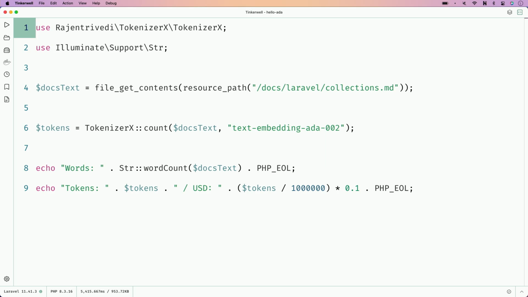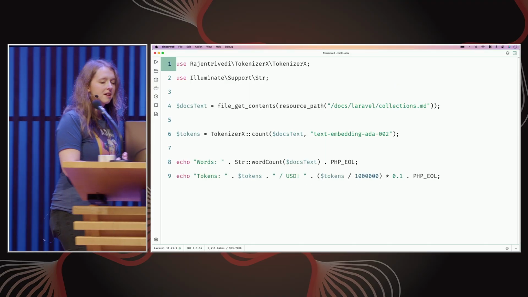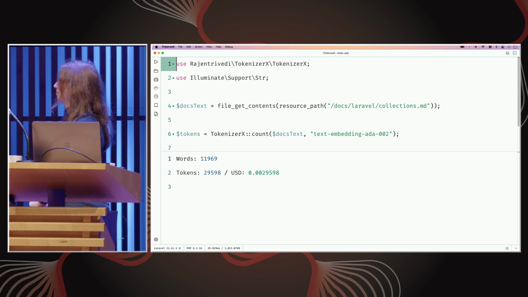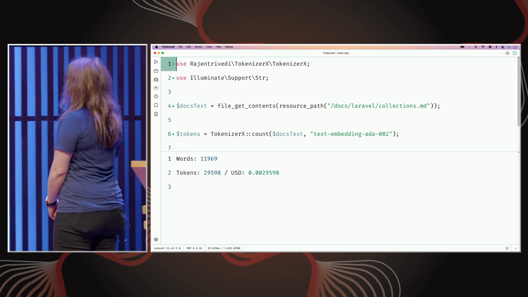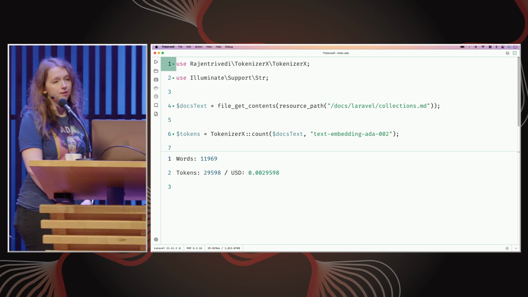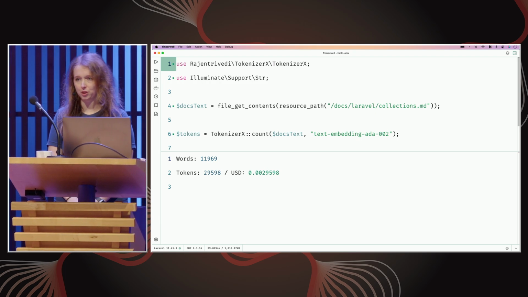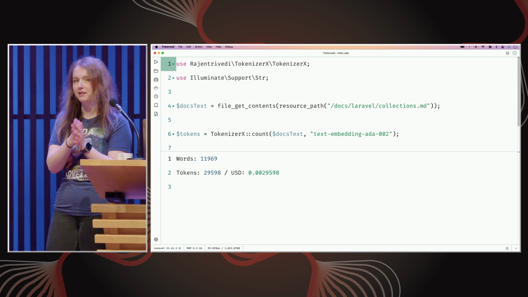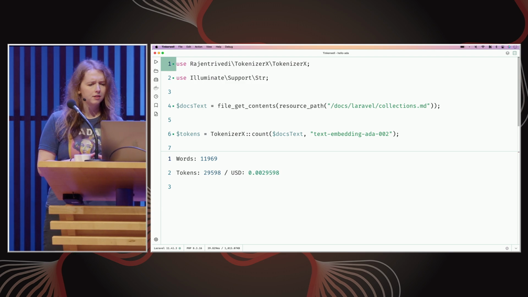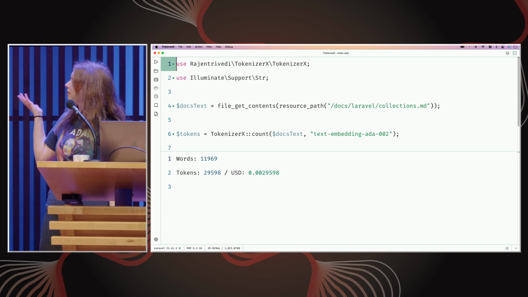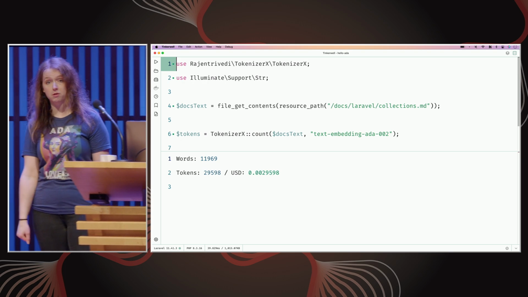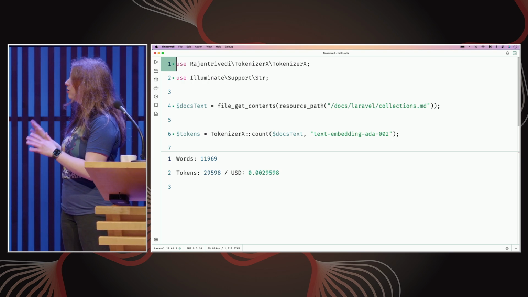So this wonderful document, a markdown file that I downloaded, has around 12,000 words, which results, according to the tokenizer of OpenAI, in 30,000 tokens. So you definitely have to split up this page if you want to embed it. And all in all, the cost is still about 0.0029 US dollars. Not very much, because embedding models are very cheap.